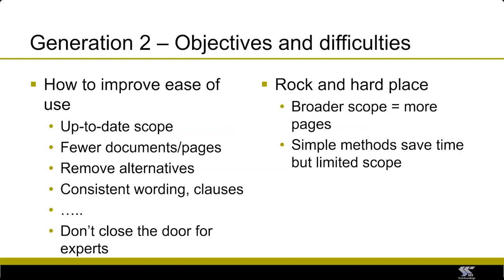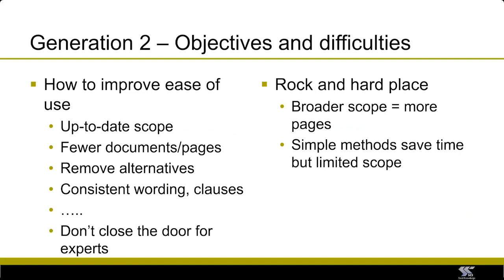So there's only one method for doing something. But then if that one way of doing something has to cover a very broad scope, it would actually be easier if you included an alternative, simpler method, which had a more limited scope, but used an awful lot less design time. So a lot of conflicts there, a really, really difficult job. Ease of use for one person isn't the same as ease of use for another one. Things like consistent wording, consistent clause numbering, yeah, clearly that makes life a bit easier.